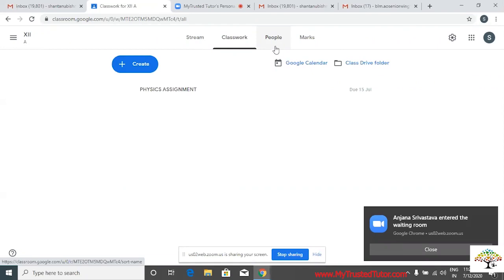Through Google Classroom, you can just share information with the students. If I have a blackboard in my room and I'm writing there and speaking, that cannot be streamed. For that purpose, you need to record your lecture and add it on this Google Classroom.